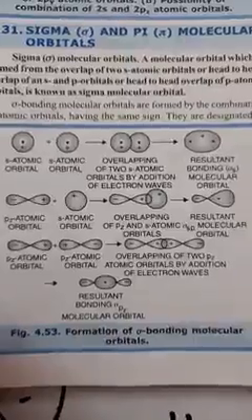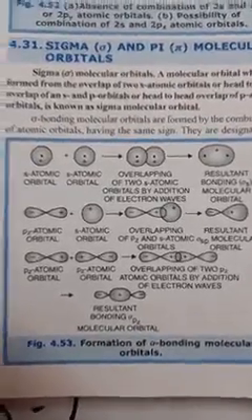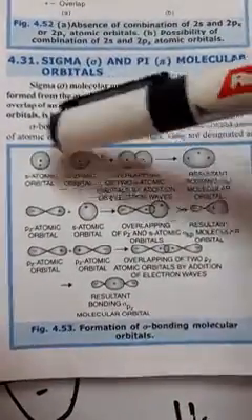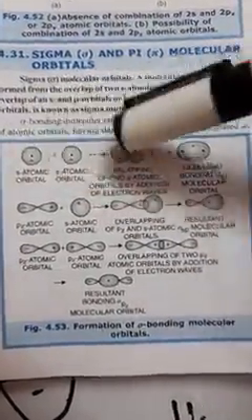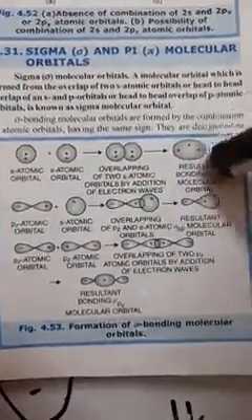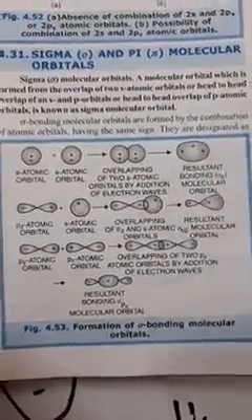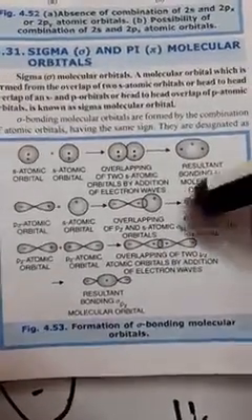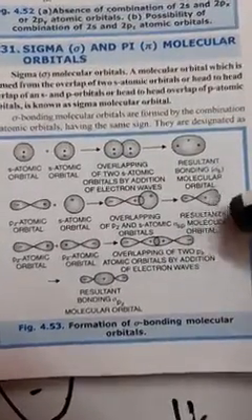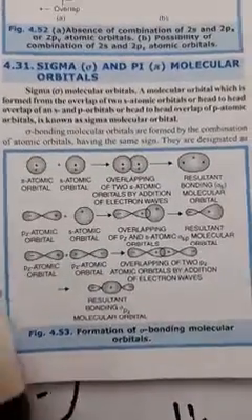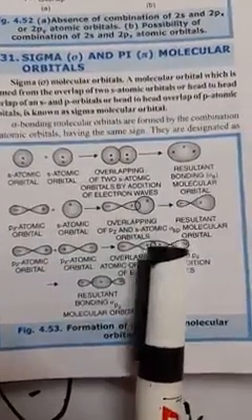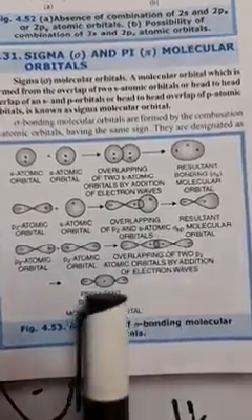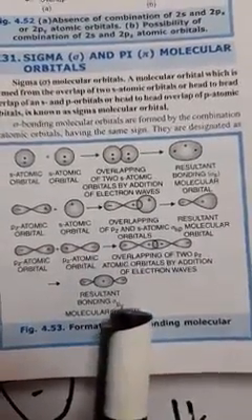In the book, you will see this type of thing also: sigma and pi molecular orbitals, how they are forming. See, one s orbital, spherically symmetrical, and another s orbital. If both are plus, then they will combine and form sigma bonding. Sigma s bonding. P and s form a sigma bond. See, plus and plus overlapping, so it will form sigma sp bonding. With px or pz, anything, when there is a head-on overlap, it will form a sigma bond, and if plus plus occurs, then see the resultant bonding molecular orbital. This is also sigma.